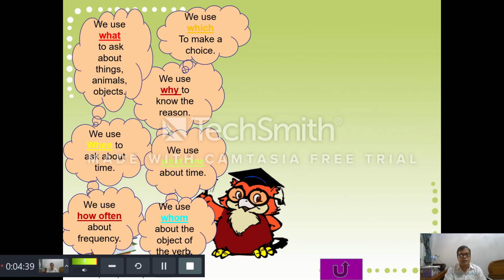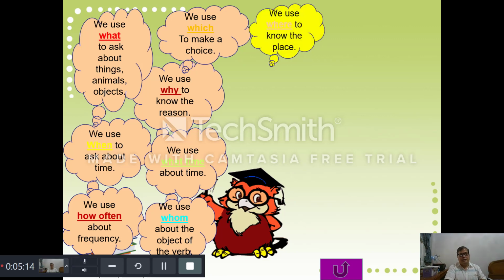Then we use whom when we talk about the object of the verb or the third person. You will say, "Whom did you give your homework to yesterday?" Then you reply, "I gave it to Teacher Nongkam, Teacher Titi, Teacher Bill." So you can reply and we talk about the third person, the object of the verb, your homework. Okay,